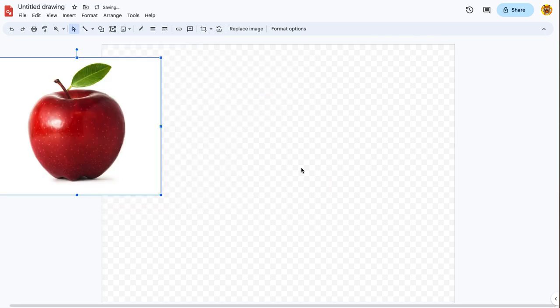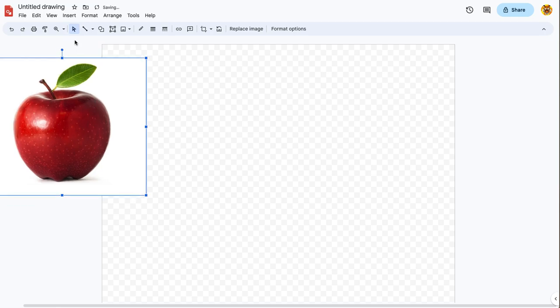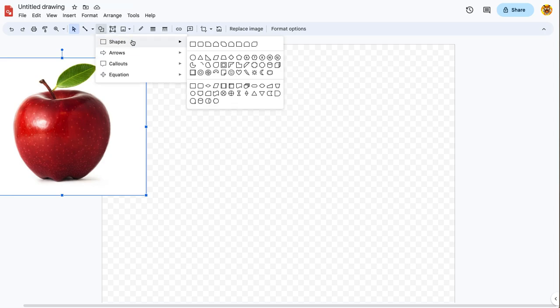Your actual page is where the checkerboard pattern is, and if you have something off like here, when you save it, it will cut it off. So make sure all of your image is within this rectangle. Now, you can make this in two ways. You can use shapes or you can use a polyline. Let's use shapes first. Shapes are going to make it very simple